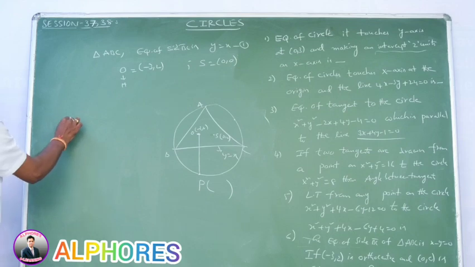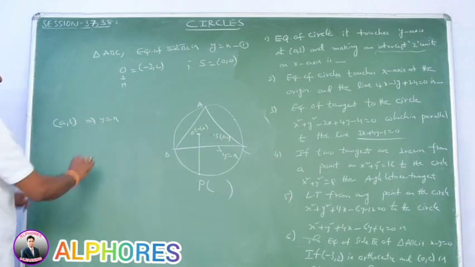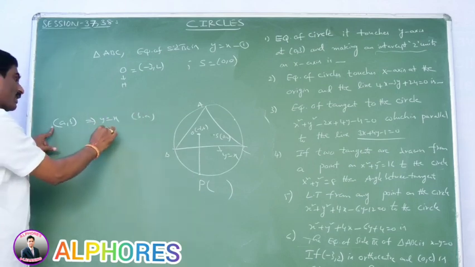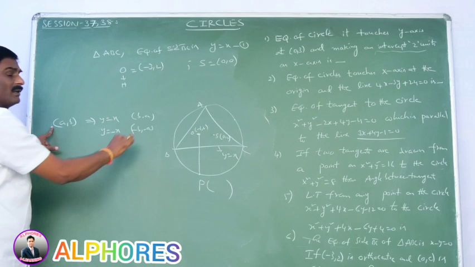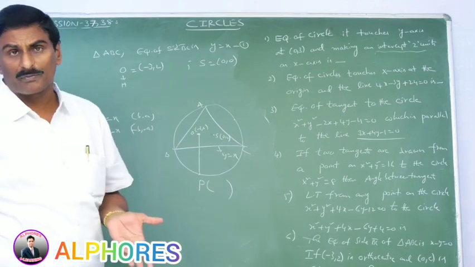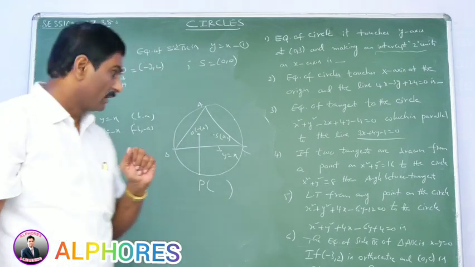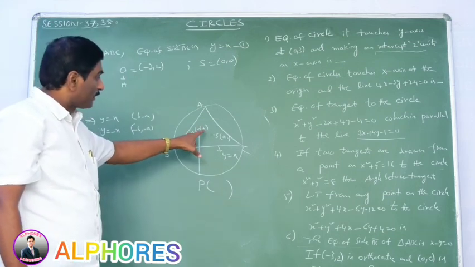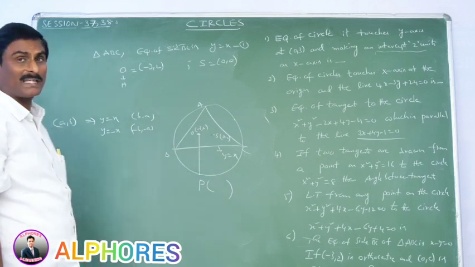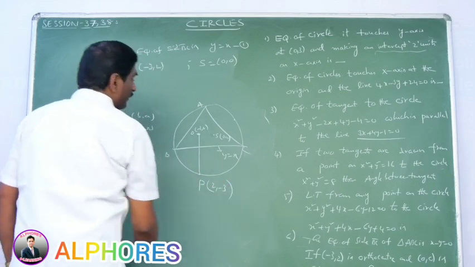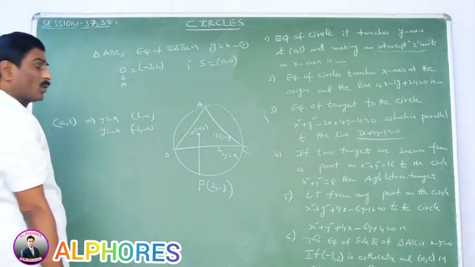The image of the point A comma B with respect to the line y is equal to x is nothing but B comma A. The image of the point A comma B with respect to the line y is equal to minus x is minus B comma A. These are standard values. Or we use the formula: image means h minus x1 by a is equal to k minus y1 by b is equal to minus 2 of (ax1 plus by1 plus c) by (a square plus b square). By using that formula, we find the value of P. Here, image of a comma b with respect to the line y is equal to x is b comma a. That means this image is 2 comma minus 3. So one of the points on the circle, P, is 2 comma minus 3.